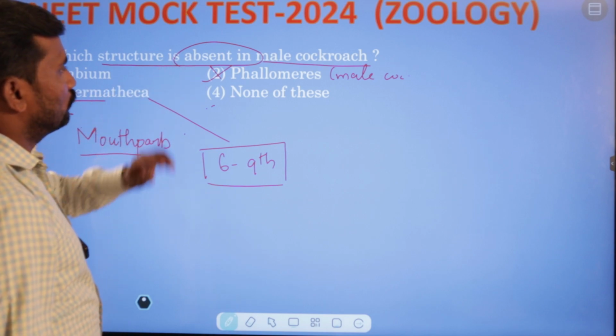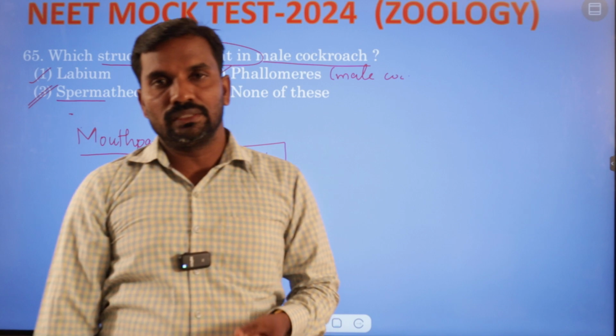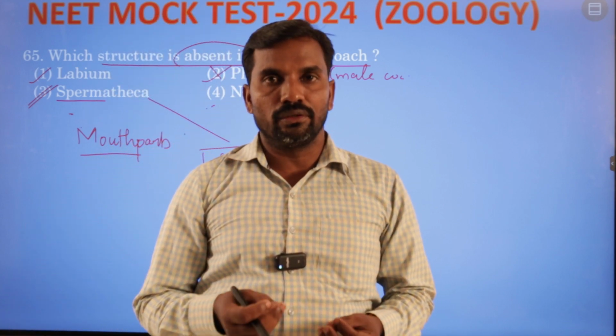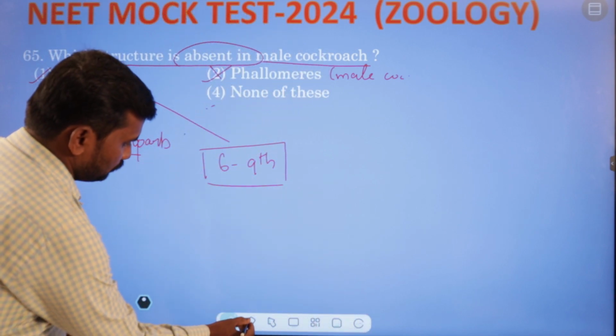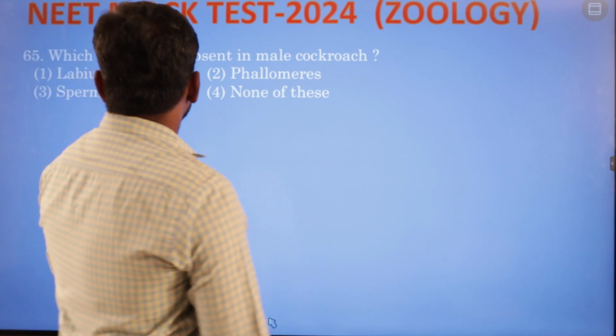So the labium and phallomere: the phallomere is otherwise called the external genitalia, with the right phallomere, left phallomere and ventral phallomere. Everything is indirectly used for the copulation process or coitus. Now, question number